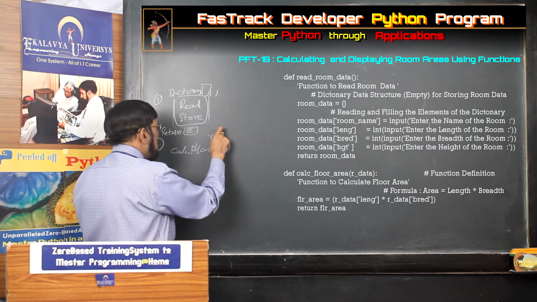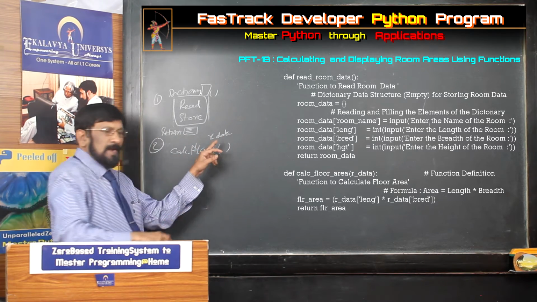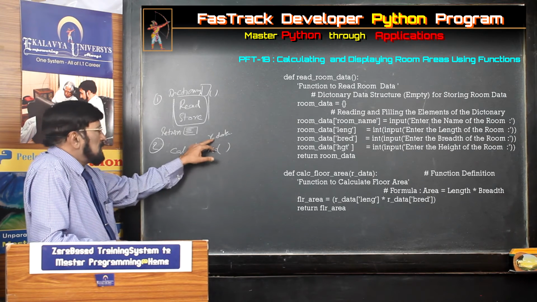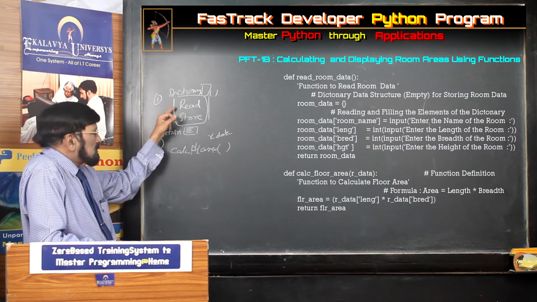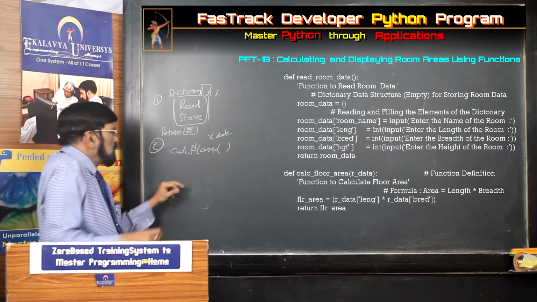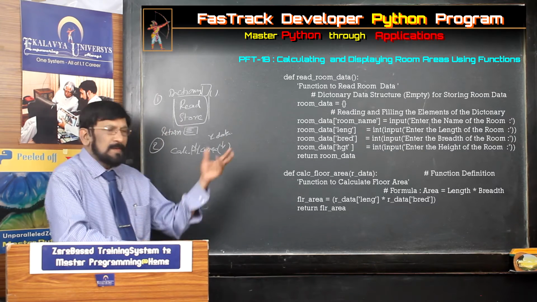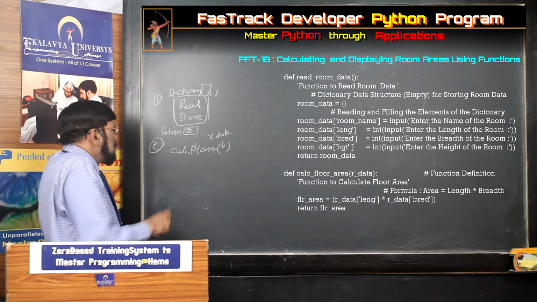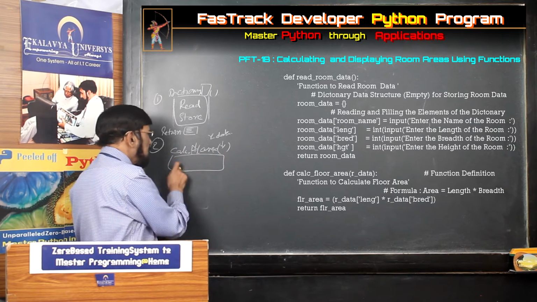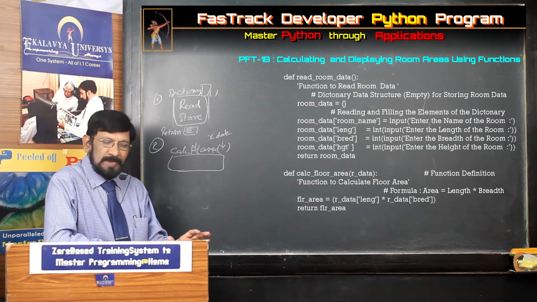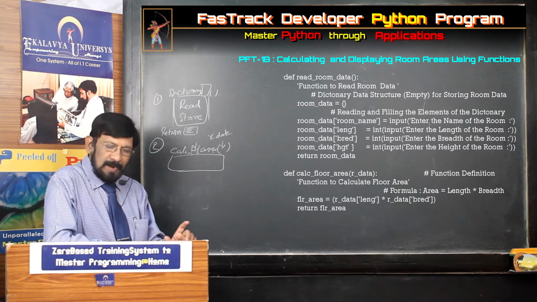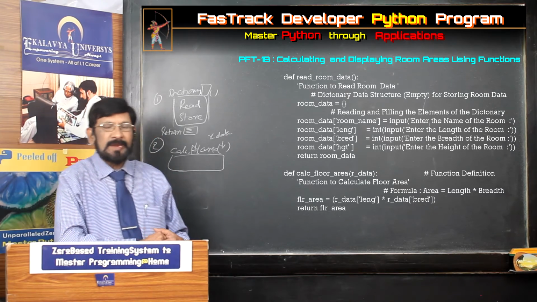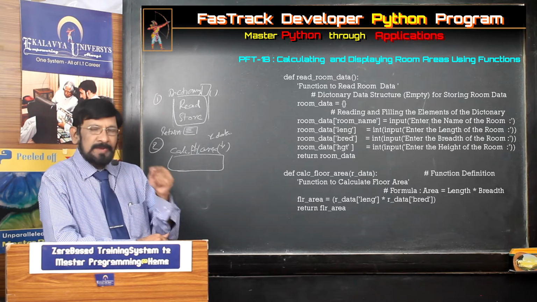Here, what do we have to pass? Read data. It is simplified. Why, I will explain later. In the main it is there. Actually, in the concept zone I explained. Now here, the read data function's data structure is what we pass. In this college bag, length and breadth are there. So in the body of this function, the formula is applied. You see that length and breadth are taken and multiplied. As a result of that, floor area is created. Floor area is returned.